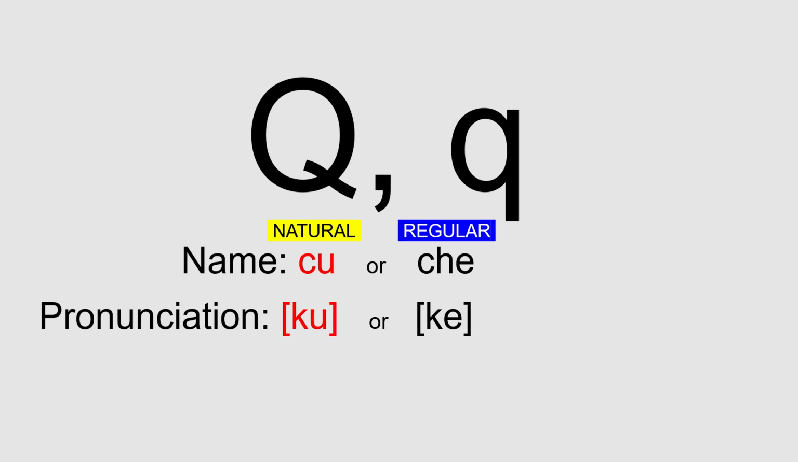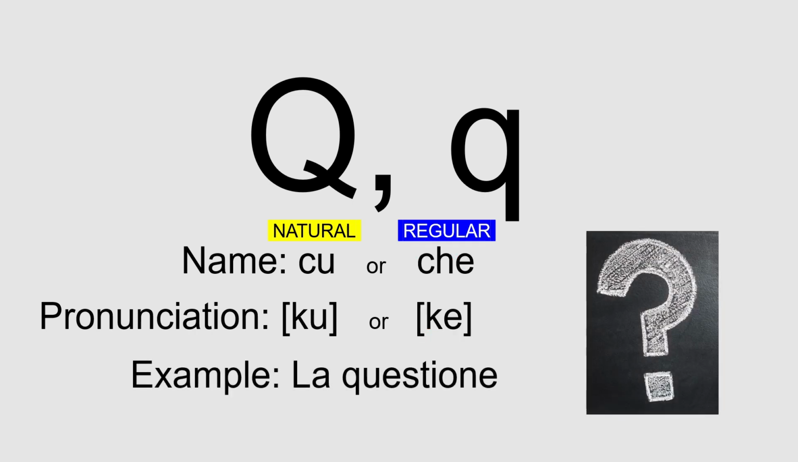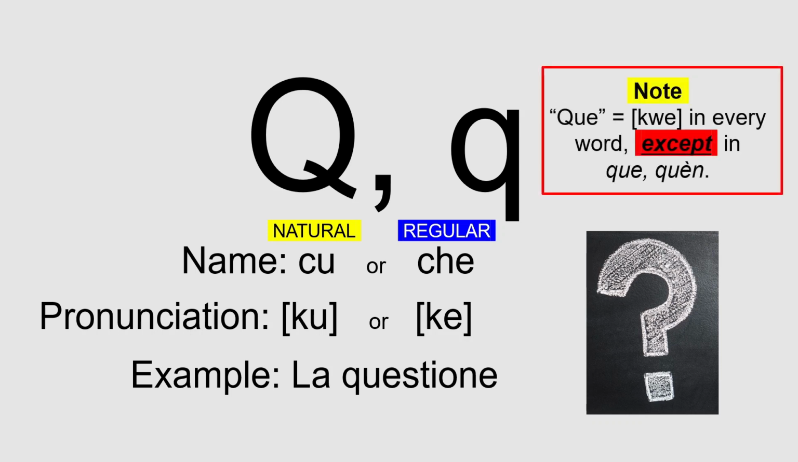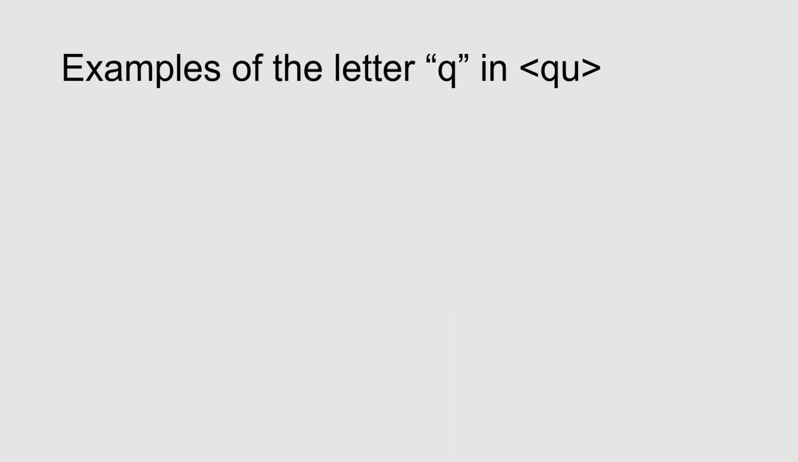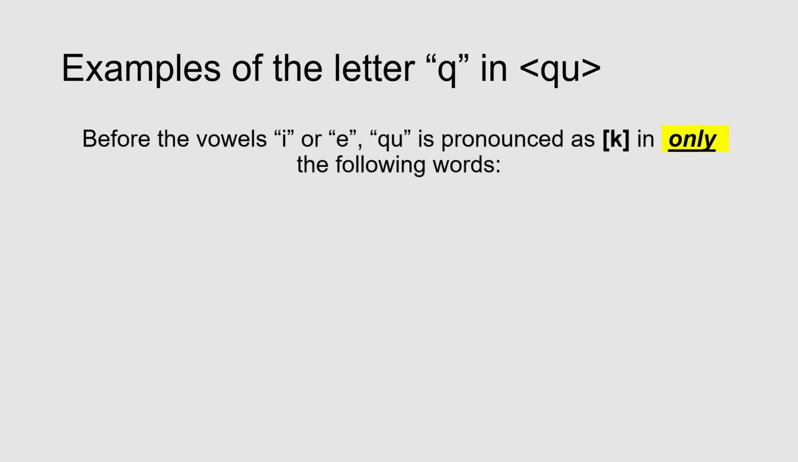Ku, or que. La questione, the issue or a matter of a subject. Now, something very important to note here in regards to the letter Q. The letters together QUE are always pronounced as qua, except in certain words. When the letter Q is before the vowel I or E, QU is pronounced as K in only